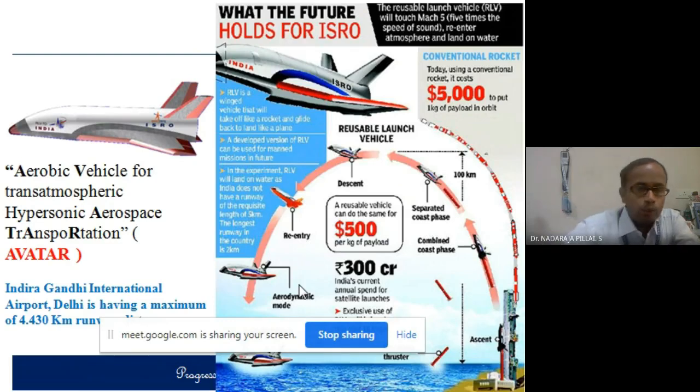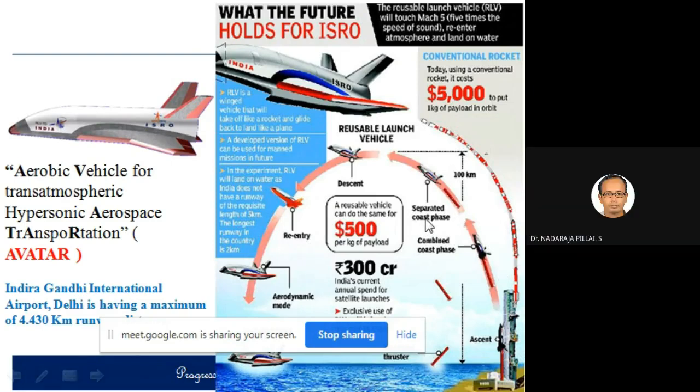Such a reusable launch vehicle is a winged configuration. It will take off with the help of a rocket. Then there will be a combined coast phase, a separated coast phase, and then it goes for descending, right? When descending, the RLV vehicle re-enters the Earth's atmosphere, and once it comes into the atmosphere, the vehicle will fly like another aircraft,